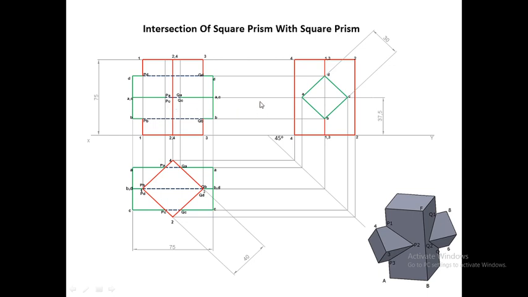Now we have to join these points of intersection. For joining the points of intersection, you have to follow a sequence. The sequence will be A to B, B to C, C to D and D to A. Now from the side view, it is understandable that point B, point C and point D are visible. From the side view, you can observe only 3 points, that is point B, point C and point D, whereas point A will not be visible. So from the side view, only 2 faces will be visible, that is B to C and C to D.